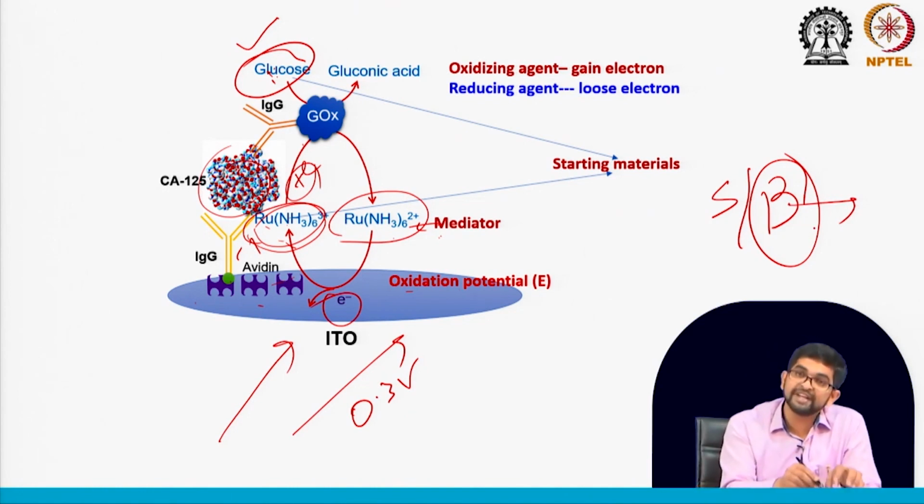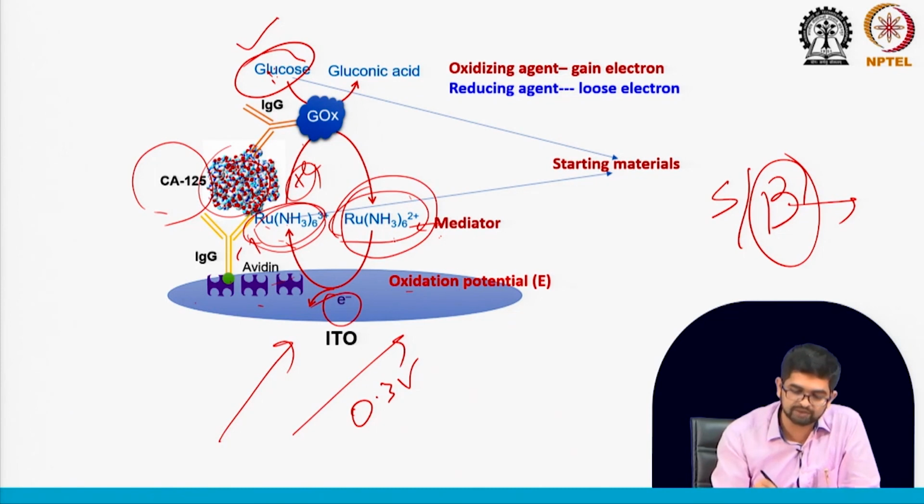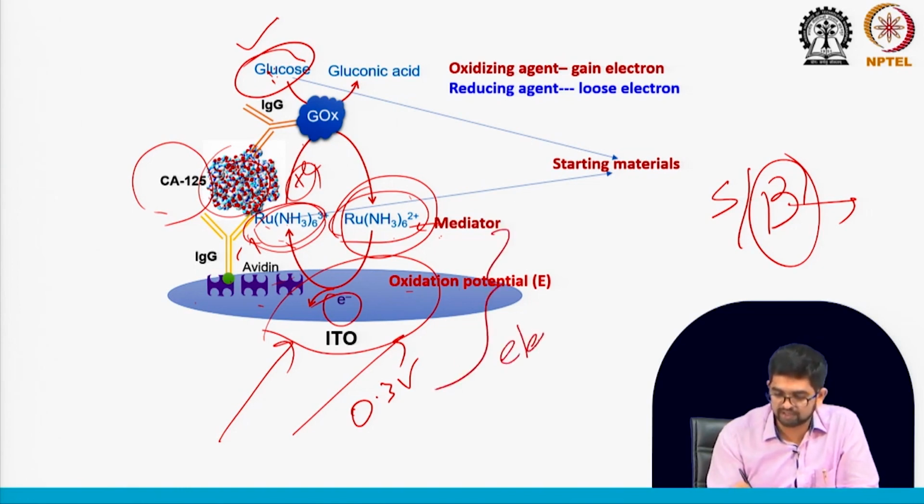And when the target is present, you have the CA125 target, then it will bind with the secondary antibody glucose oxidase and glucose will react. Then ruthenium hexamine 3 plus immediately transforms to ruthenium hexamine 2 plus. Now, this reduced form should be highly reactive on the surface when we apply some potential. This is the electrochemical reaction. On the electrode surface, we are applying some potential and it is highly active and it will release the electron. So, this part is the electrochemical part,